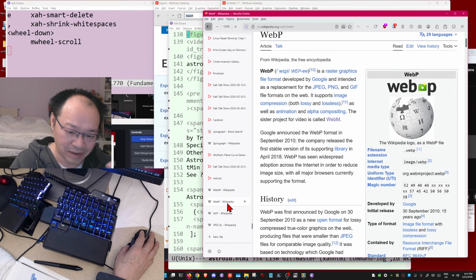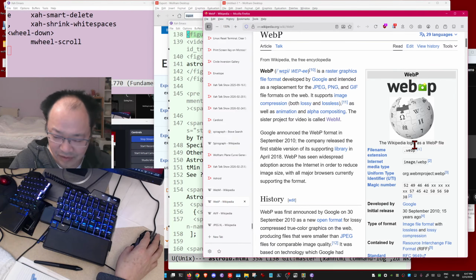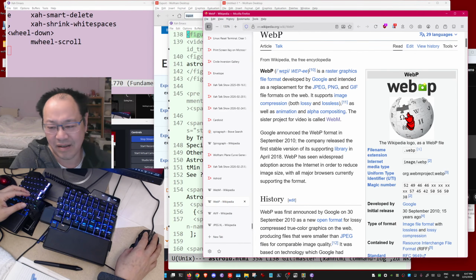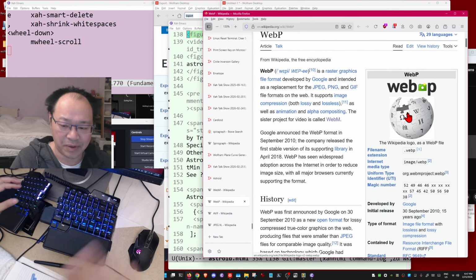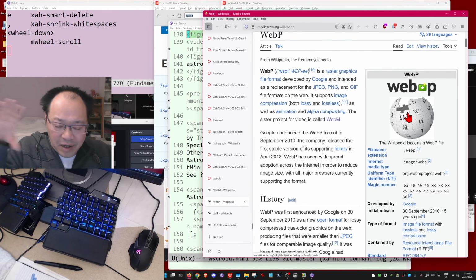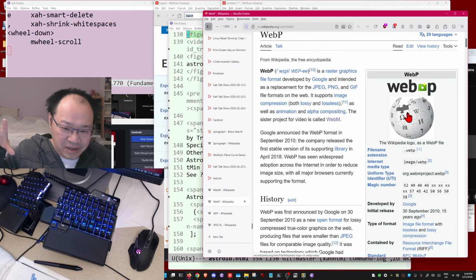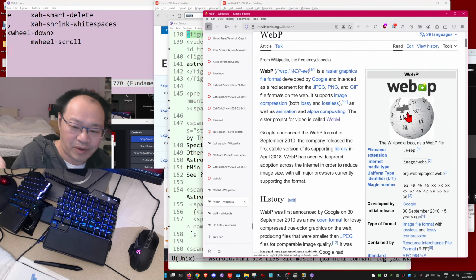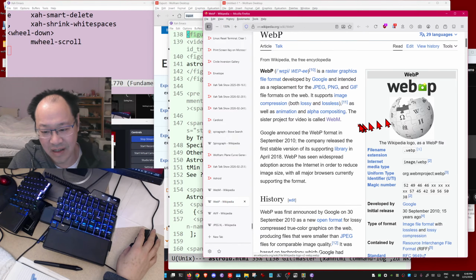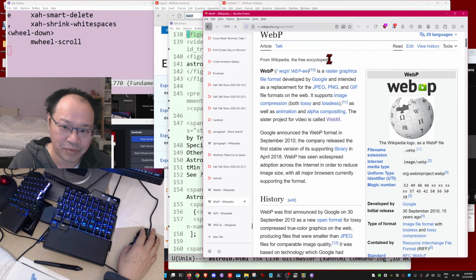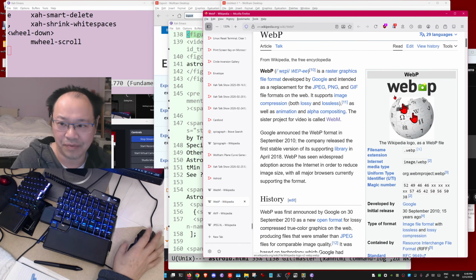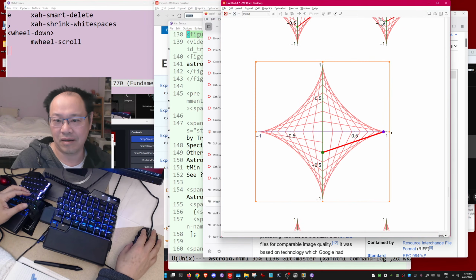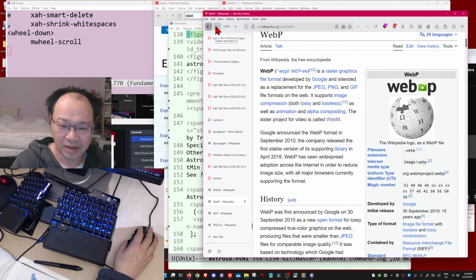Google's WebP, from 10 years ago. It's not as popular as JPEG. The dominant 90%, 99% of the web is JPEG, and the other maybe 1% is PNG. Then the other 0.1% is WebP. Okay, that's the situation. In fact, we can ask Guac to give us a